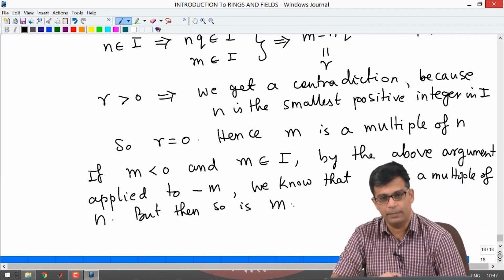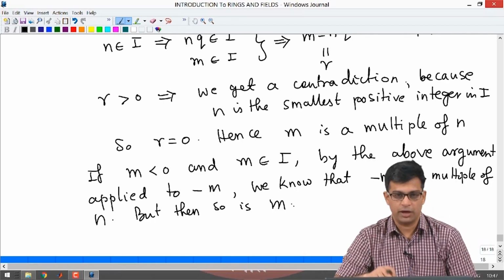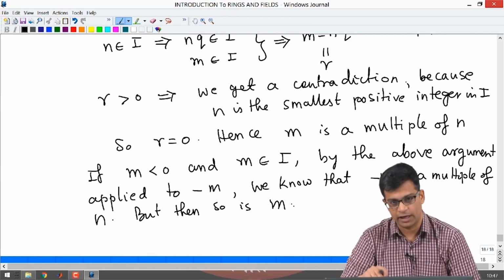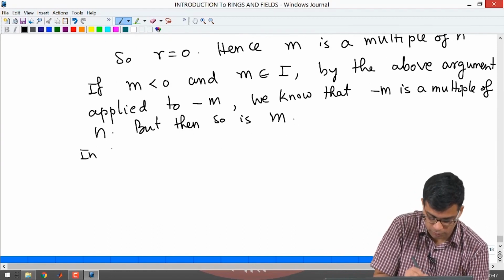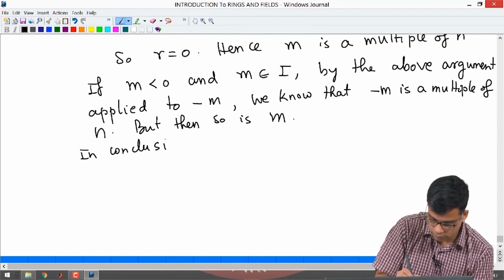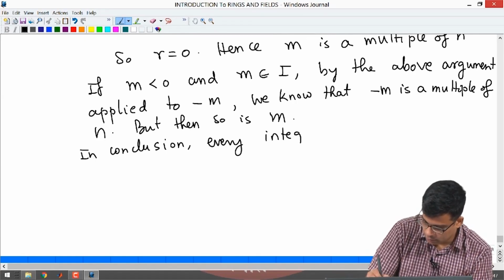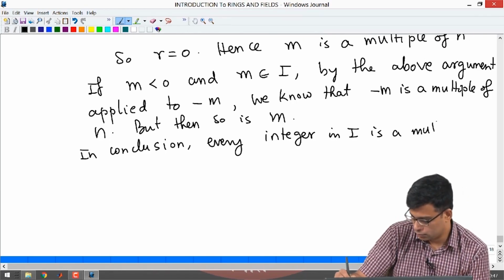Minus m being a positive integer in I is a multiple of n, but hence obviously m is also, because minus m is n times something, m is n times minus of that thing. So, in conclusion, every integer in I is a multiple of n,